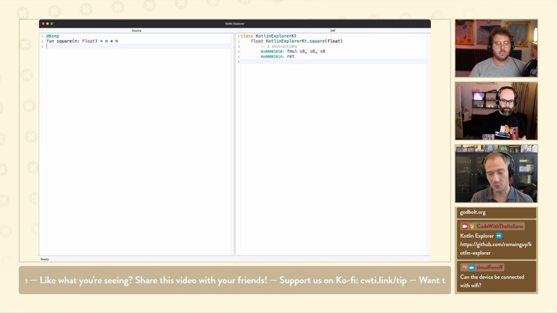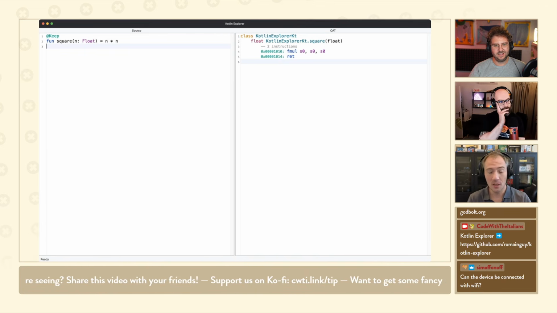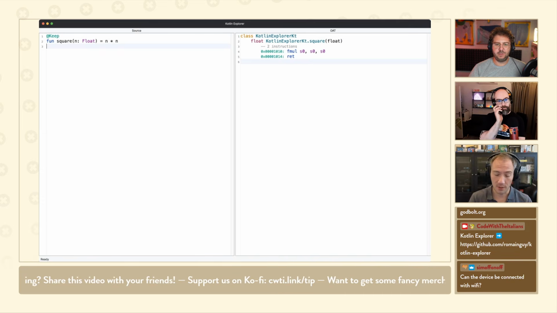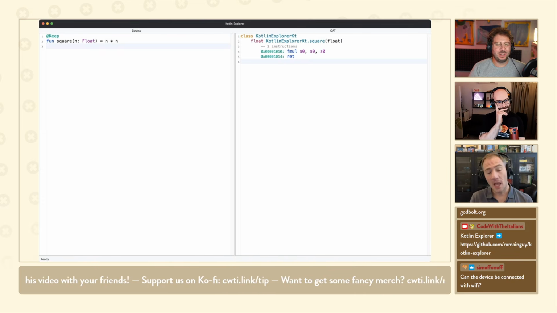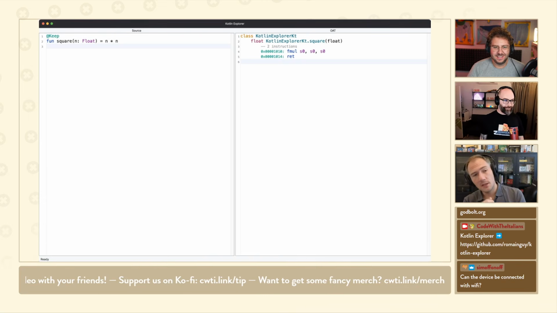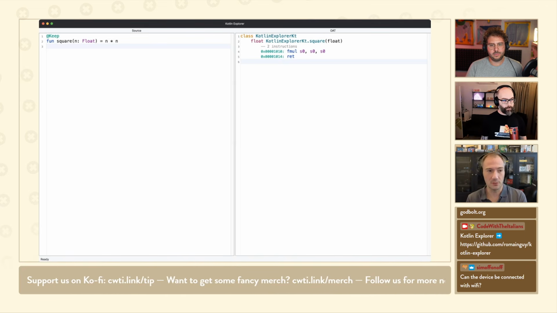I recommend that you do whatever you're doing in your app. If you're not using R8, turn it off. If you're using R8, turn it on. It's very interesting to compare. But also, if you're not using R8, turn it on in your app. Yes. Especially if you're using Compose. No, and it's actually what's nice about a tool like this because you can see what R8 does, and you might be really surprised by the kind of optimizations that R8 will do for you.